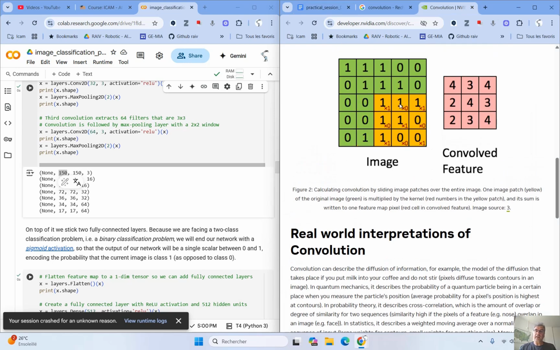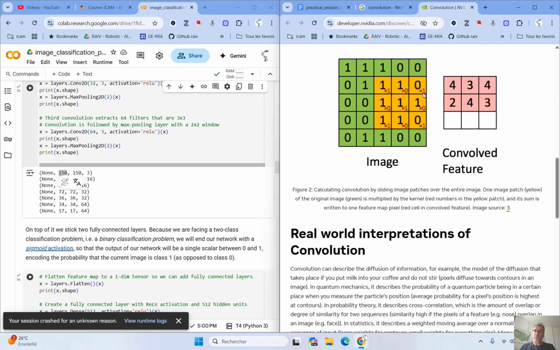Because when you apply the convolutional algorithm with a 3 by 3 kernel, if you put it in the upper left corner, it is able to calculate the middle point, which corresponds to 4.